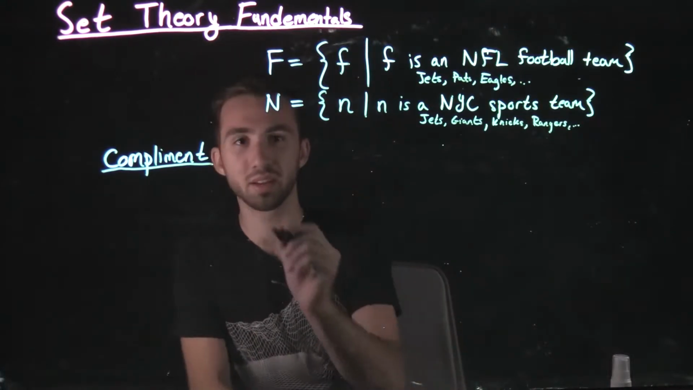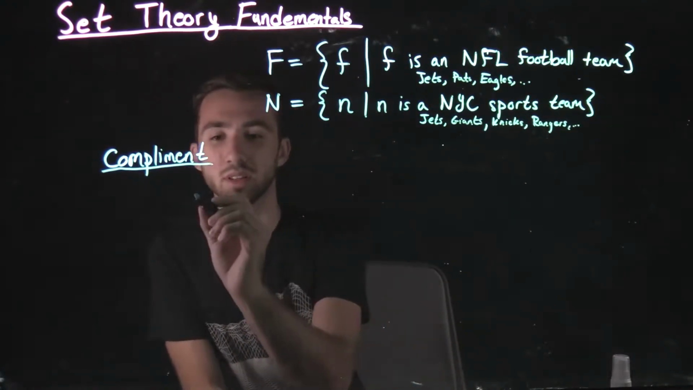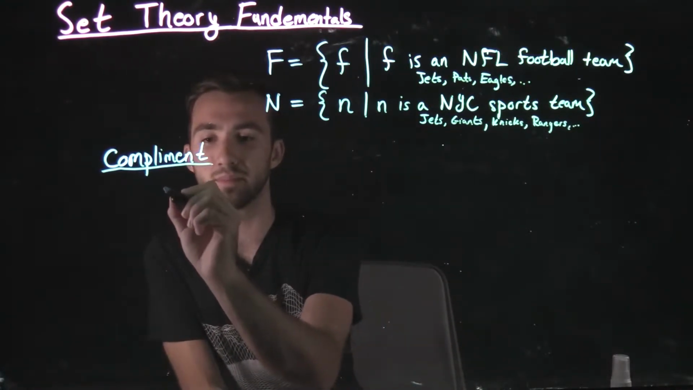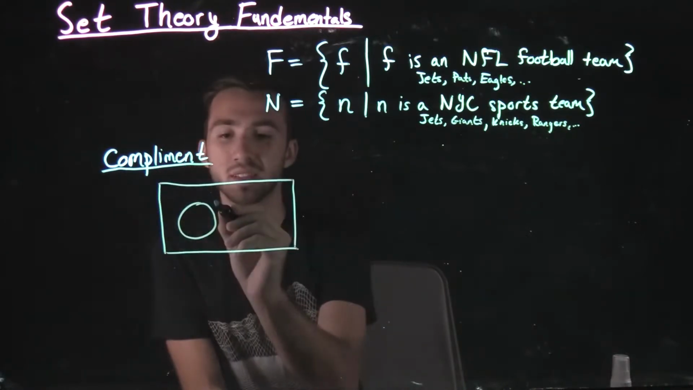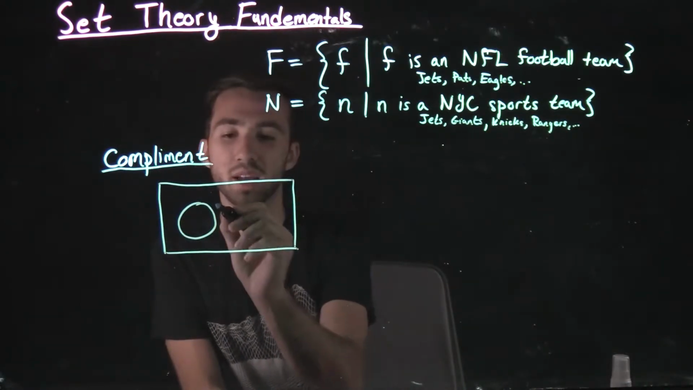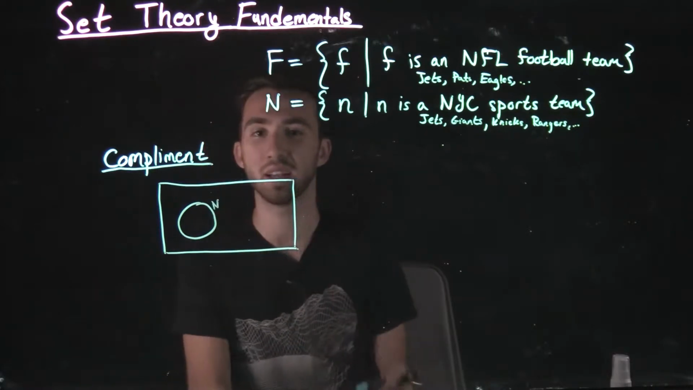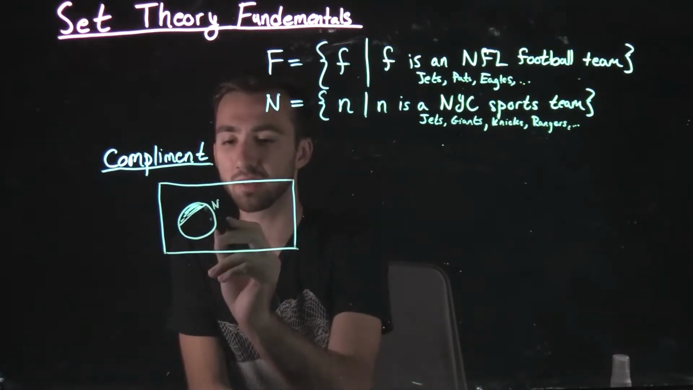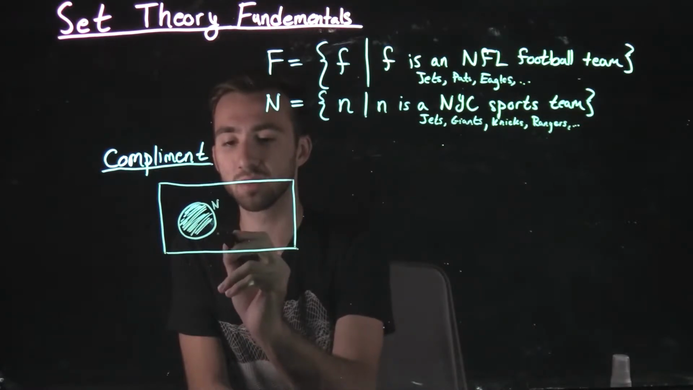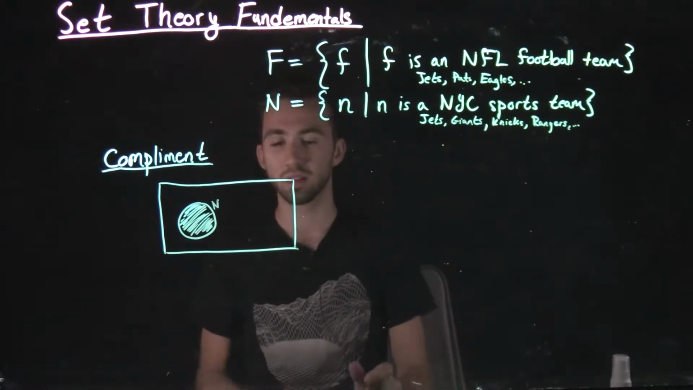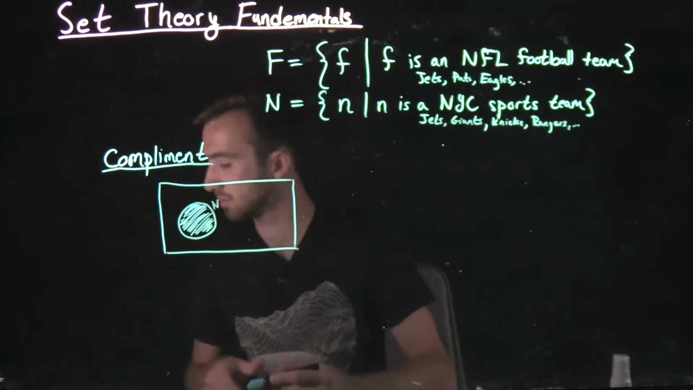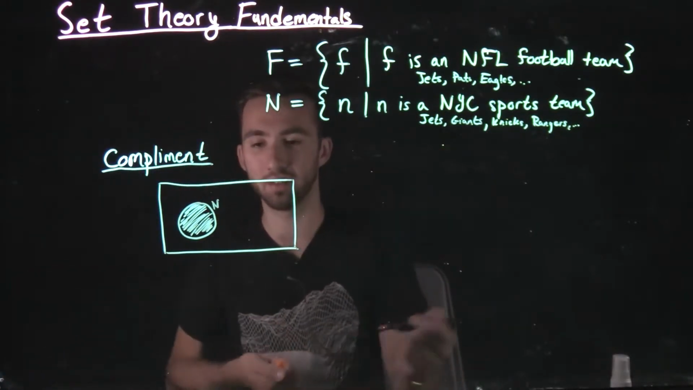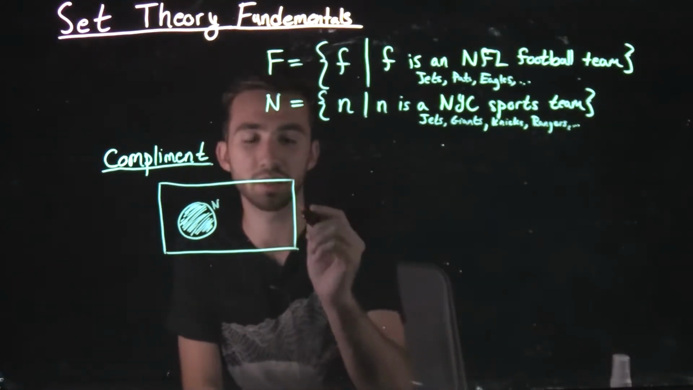So set complement is what we do. Let's draw in a Venn diagram first. If this is our set, and we're going to use N for our example, so if this is our set N, N is everything inside of this little Venn diagram circle. Now, the complement of N, which I'm going to denote as